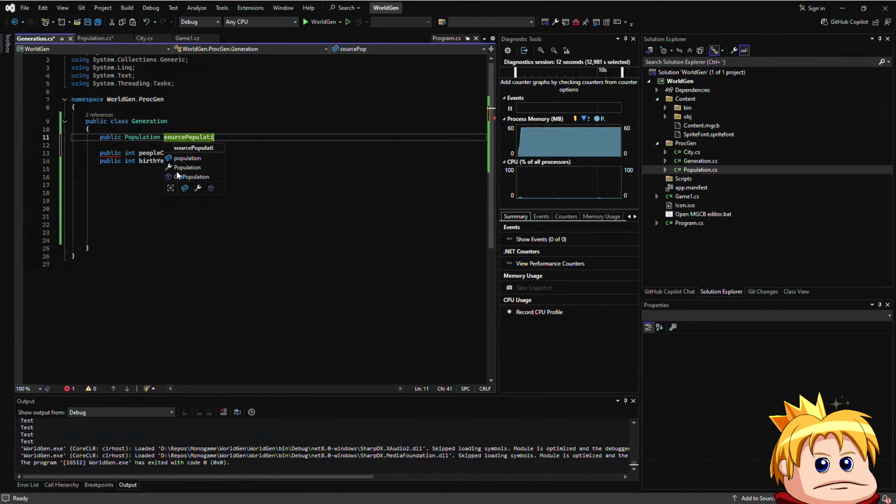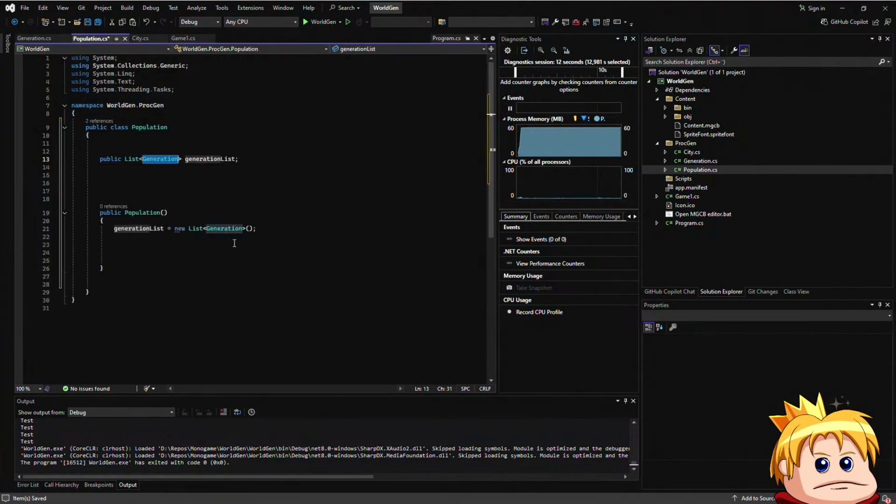Source population, maybe. Shitty, but whatever. So here we have a population and